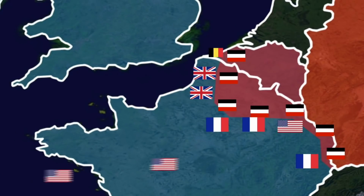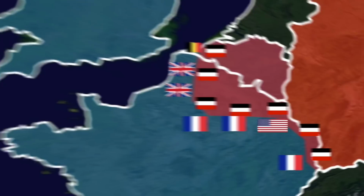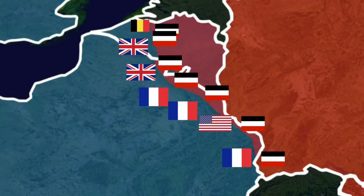With American troops now arriving in larger numbers, the Allies launched a counterattack, and that was it. The Central Power... I can't believe it. He didn't even